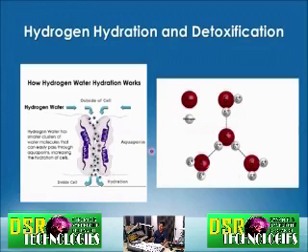But when hydrogen exists inside the water, it breaks these weak attractions and lowers the clusters to only 5 to 7 molecules, which will allow the water to move more freely inside the cells to hydrate and to detoxify.